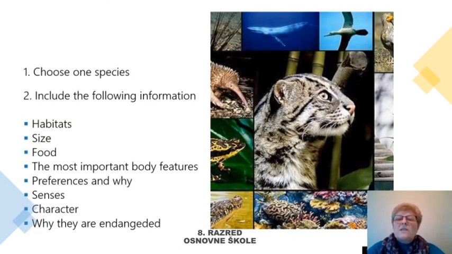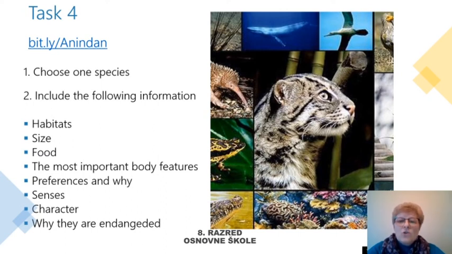The last task today is to write about one kind of animals that are endangered. On the link provided, you will find some of the most endangered species in 2018. Your task is to choose one of the species and to talk about it. Write about their habitats, which means where they live, about their size, how big they are, about the food they eat,